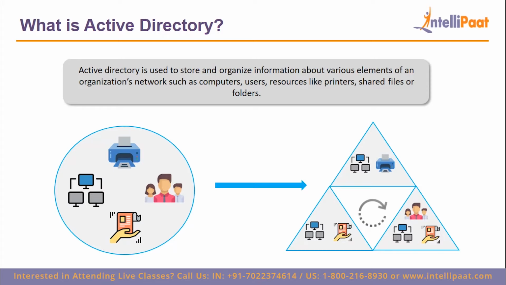And they will also need to keep a track of what kind of user credential to log into their computers and all of the information related to this. So that means organizations need a database where they can actually store and organize this information, right? So that database is actually called Active Directory. So usually on-premise organizations, when they store and organize this kind of information, they call it the Active Directory. So this is what Active Directory is.